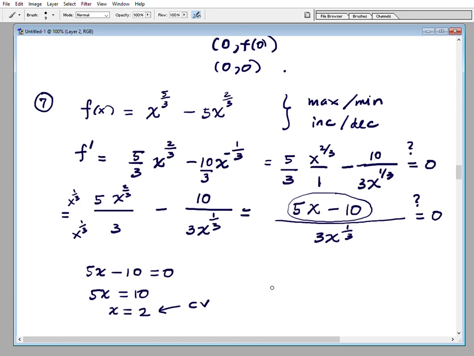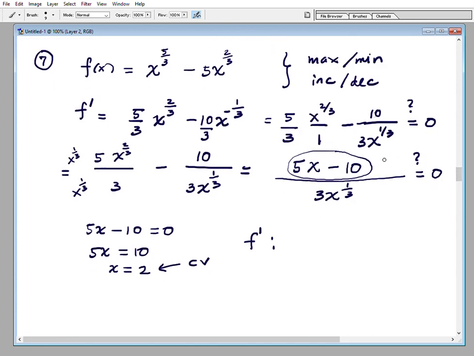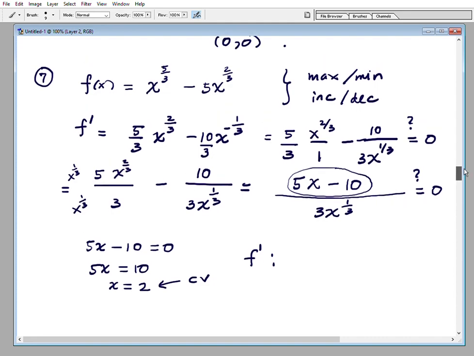Oh, sorry, wait one second. We have 2 critical values. That's the point here. We have to see when the numerator is 0 and when the denominator is 0. To find the critical values, we have 2 types. First, where the numerator is 0, which is x equals 2. And the second one is a place where f prime does not exist. See, this flips to the denominator. So f prime does not exist at x equals 0,